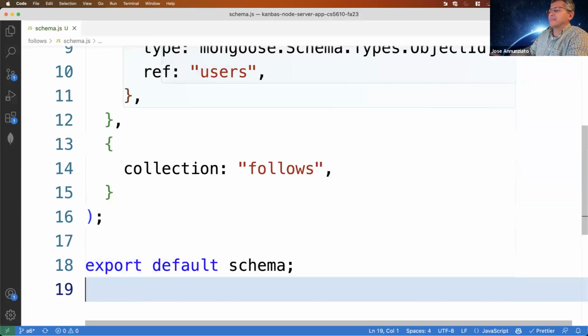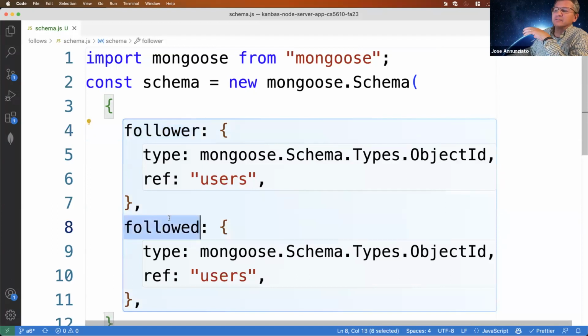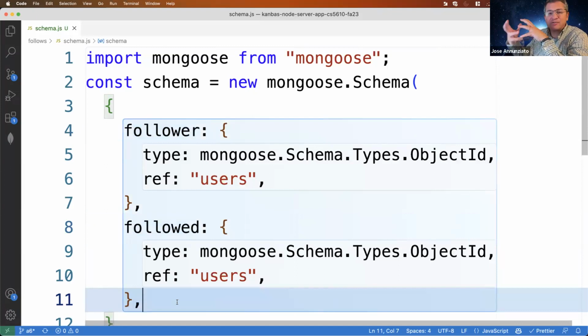Okay. All right. So we get the schema. So this is going to represent the relationship between these two people, right? One being the follower and one being the followed. You can also use a schema like this for implementing maybe somebody sending a message to someone else, right? A text message or leaving a message in their timeline or something, right? Where you have a sender who's sending the message, and then you have a receiver who's receiving this message, right? Plus maybe one extra field to capture the actual message that was sent, right? So anyway, yeah, so we have that.